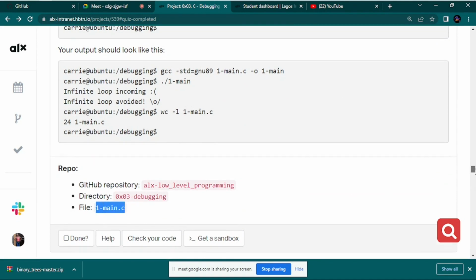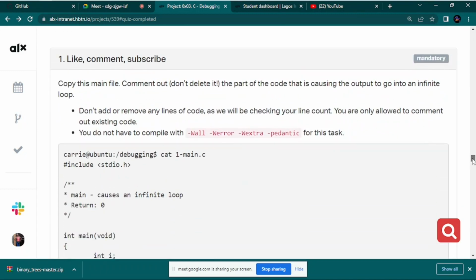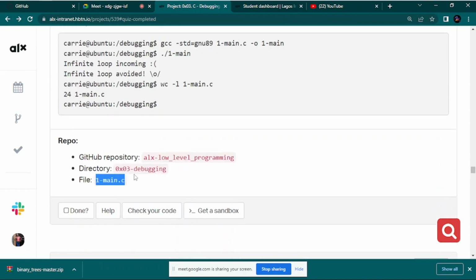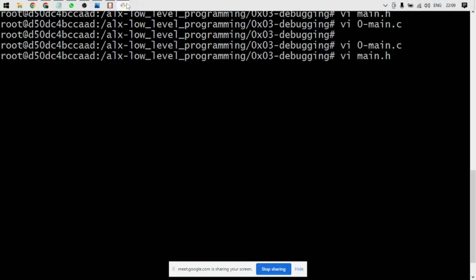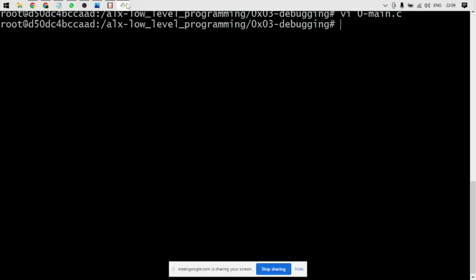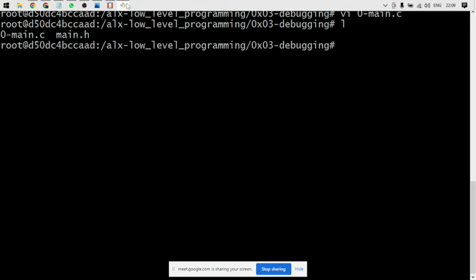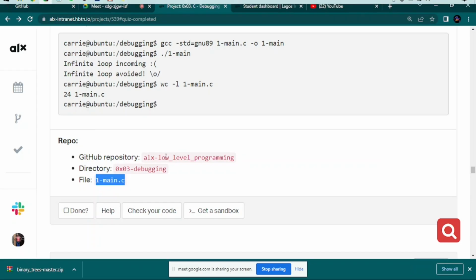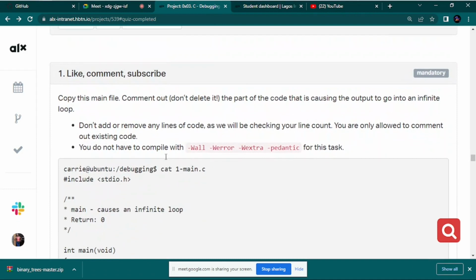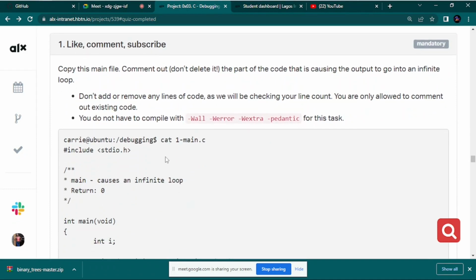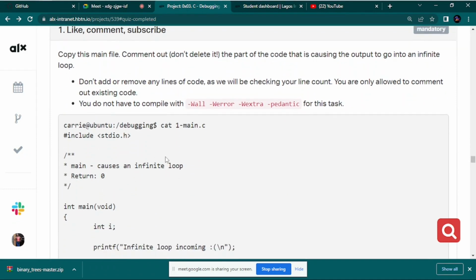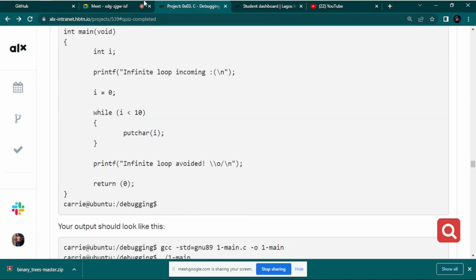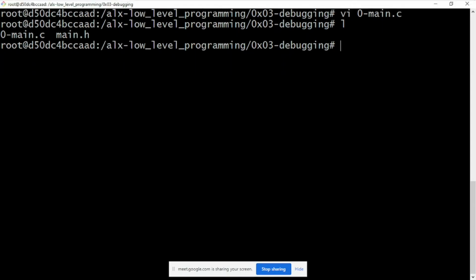So in task 1, what would be the first thing I would do to fix this task 1? Okay, the first thing to do is to... Hello. Yes, I can hear you. The first thing, according to the question, they ask us not to delete, but just comment. So that means you are going to create a file, one main.c. Then paste the content of that main.c into the